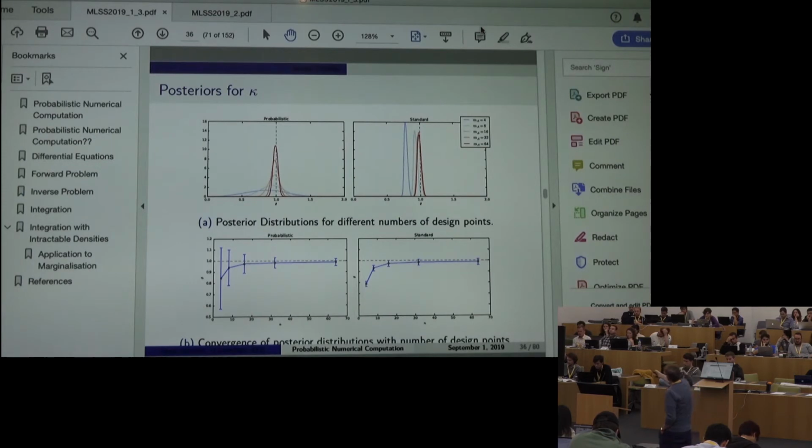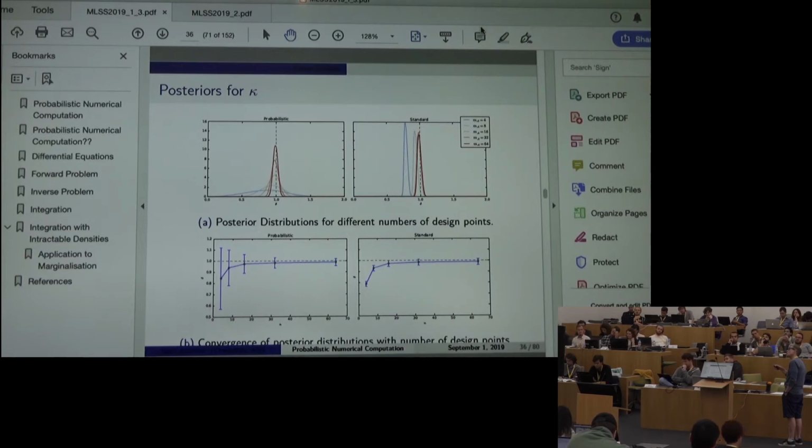If we just piled on the number of data points, this would shrink to basically nothing. But the point that was made yesterday in motivating this work was that in the case where we don't take into account the numerical uncertainty, although this is consistent,